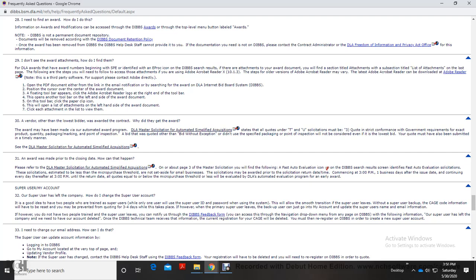On the last page, the following steps will help you access the attachments using Adobe Reader 10. Steps in older versions of Adobe Acrobat Reader may vary. The latest Adobe Acrobat Reader can be downloaded from Adobe. For third-party software support, please contact Adobe directly. Open the